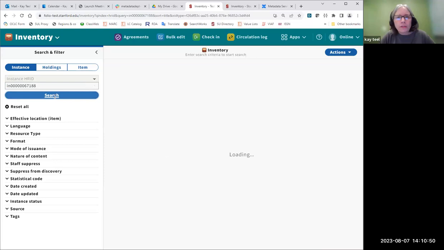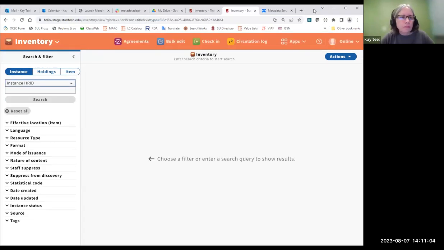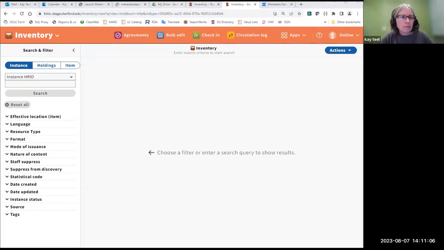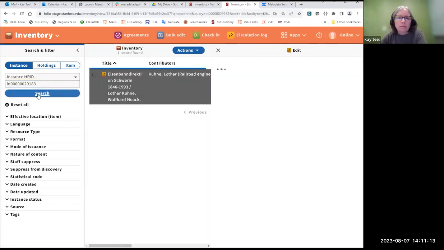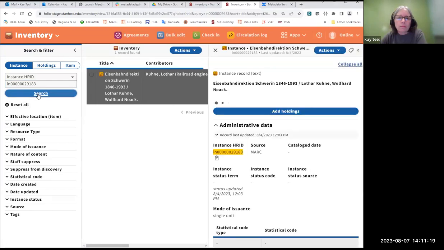If I can get the record to come up. If not, don't panic. I have the same record in Stage. Okay, let's try Stage. Okay, it's a little slow, but